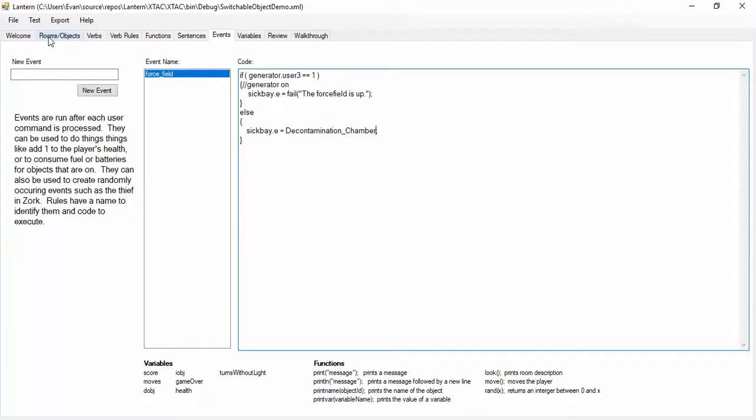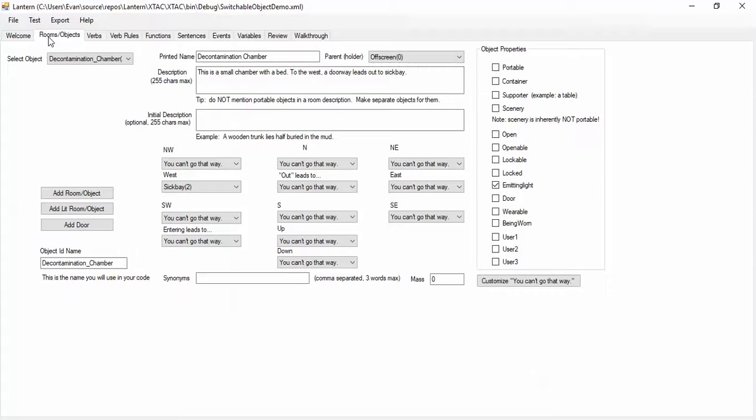One thing though, just to add some polish here and kind of help things make sense. What state does the generator start in? Well, it starts off because user 3 is set to 0. So let's start the generator in the on position, and let's say initial description of the generator. Oh no, bad dog. The generator is on, and what else? Okay, and then